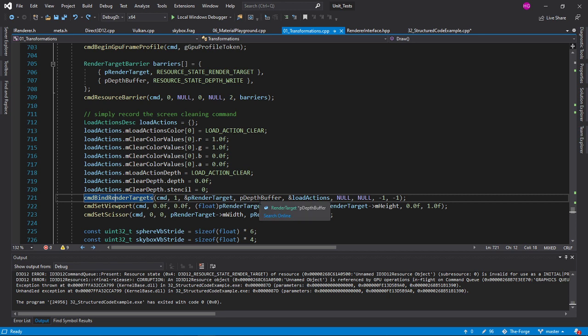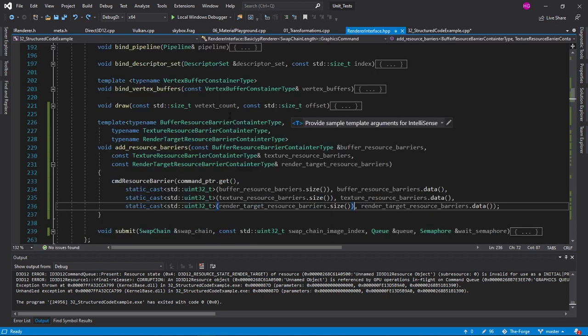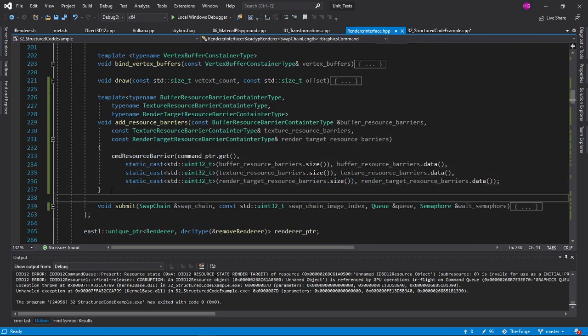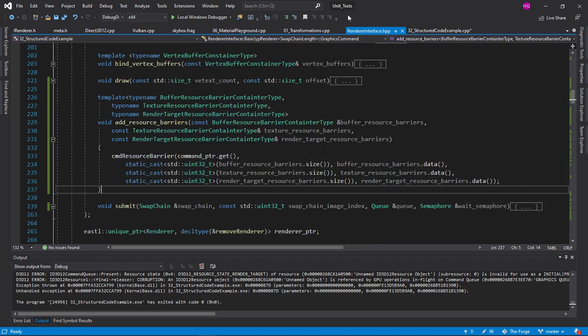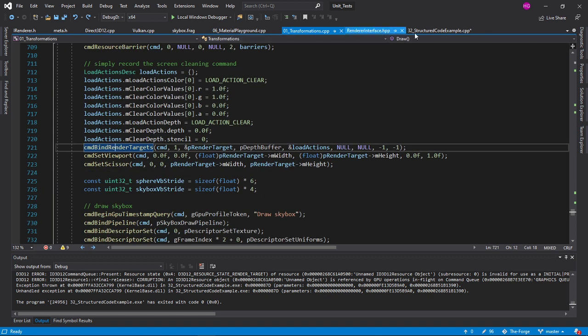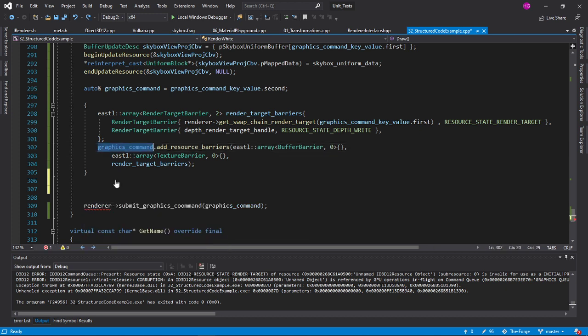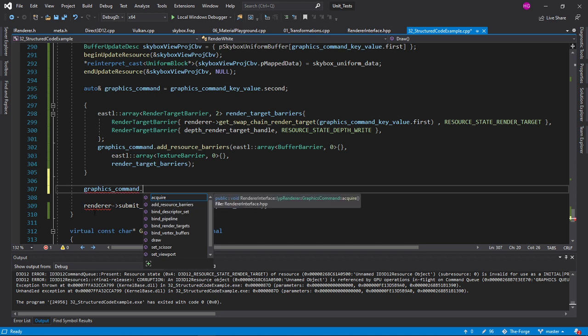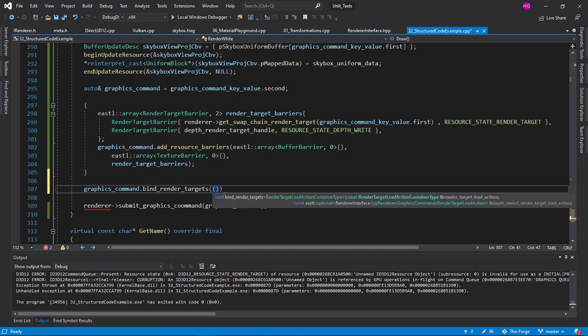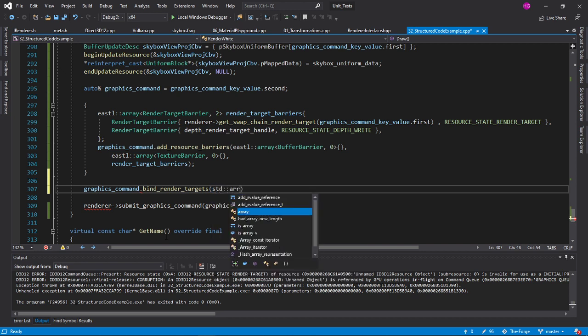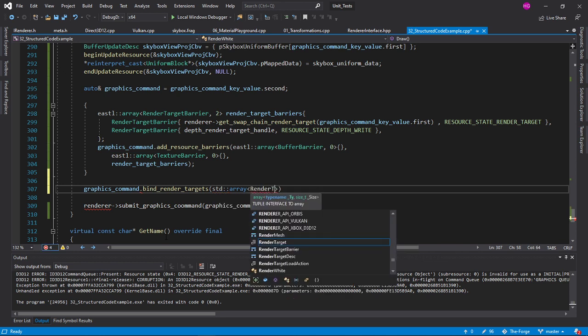This is just binary render targets. We could simply do that. Let's be quick and do that. After render, we're just going to use the graphics command right now, by render targets. So first one is going to be our std array of render targets,